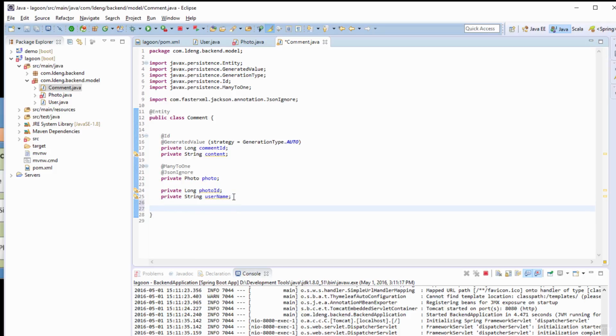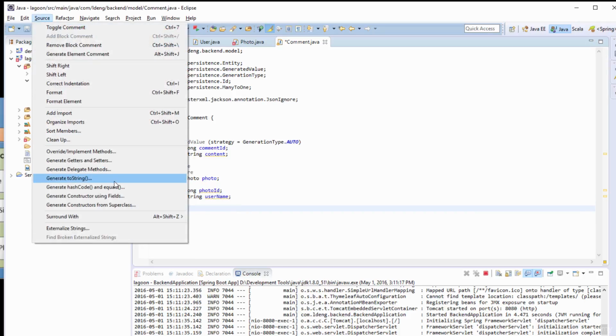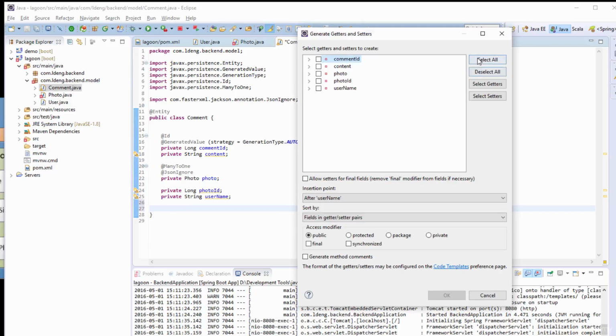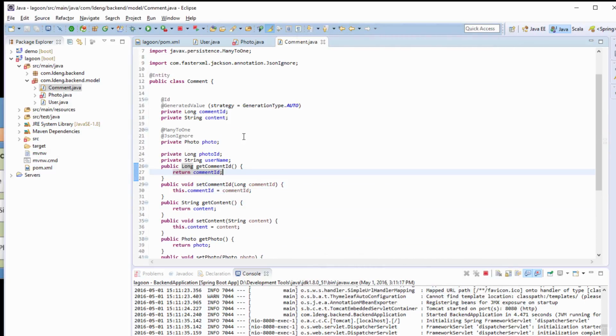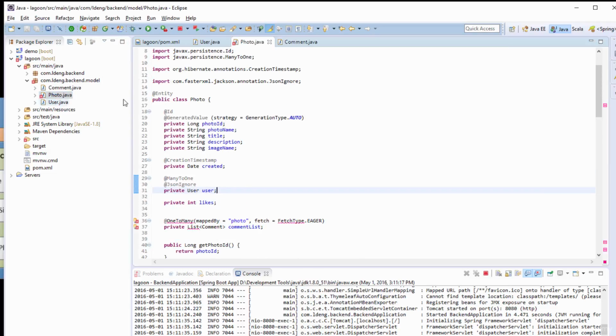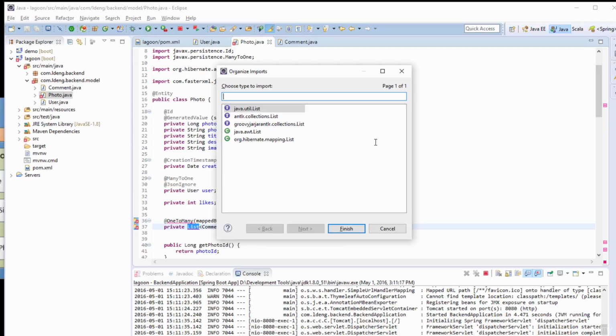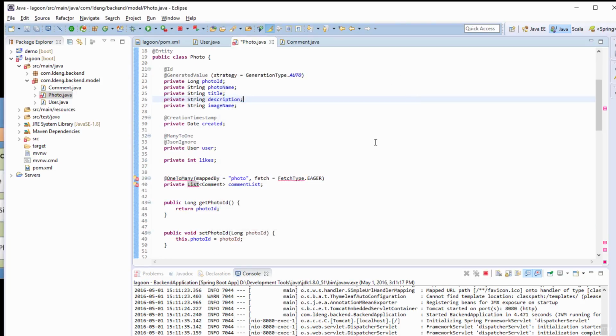Okay, so let's generate our getters and setters methods and save it. Come back to the photo class and Ctrl+Shift+O to import. So the first one is Java utility list to import. Okay, there we go. So now we have our models developed,